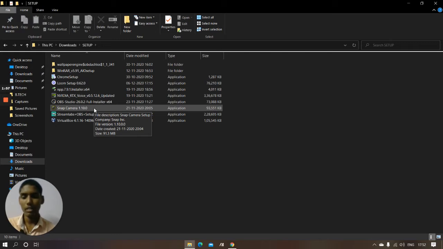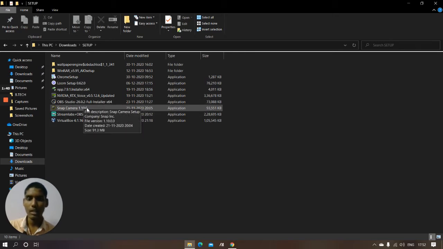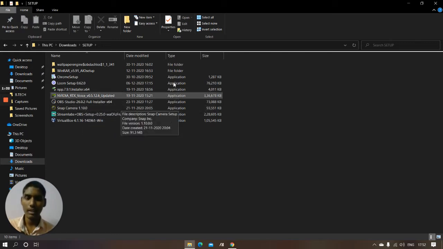As you know, you have installed several applications in your PC or laptop. So it is a PC or laptop version, which is very cool. As I showed in the first part, I have shown you various filters. At the end of the video, I will also show the various filters. So now we will see Snap Camera. Just click on it, then it will ask next or OK, and then install, and it will ask license agreement. Tick the box for license agreement.